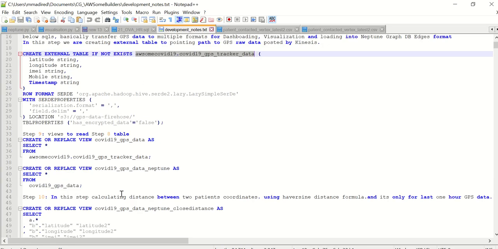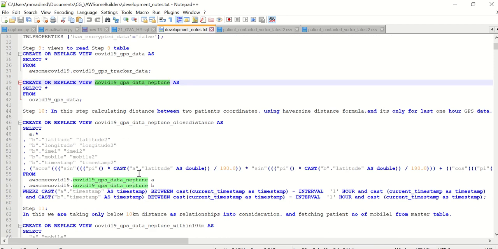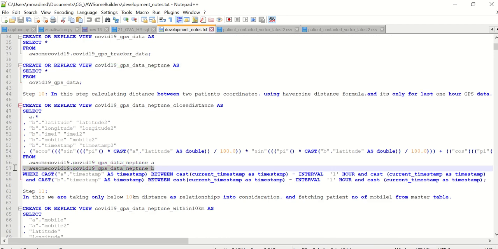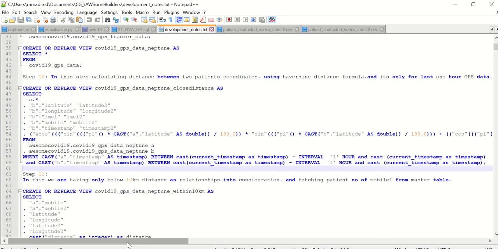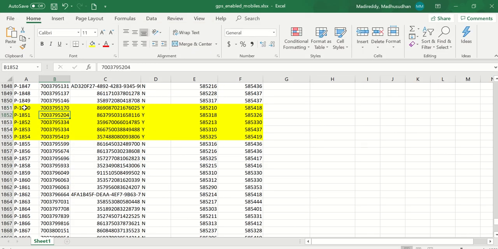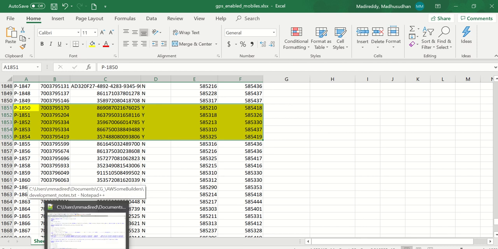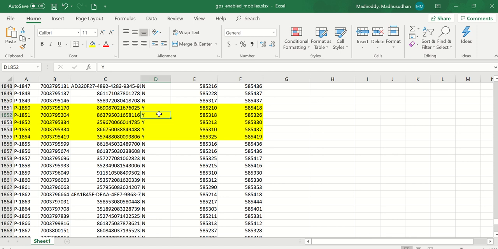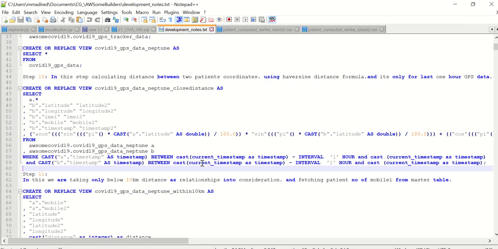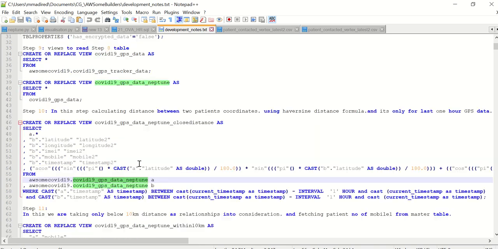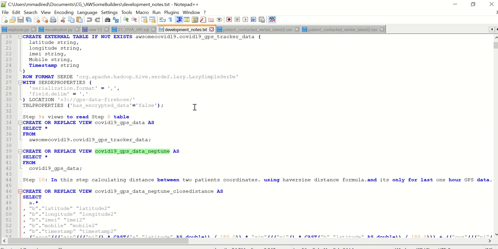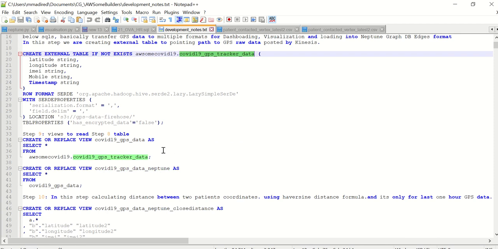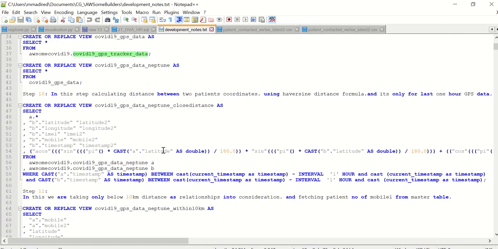And in the next level, we are creating a view, and we are doing the Cartesian join. For example, now we have generated the routes of all these 5 patients. So in the last 1 hour, whatever routes we have generated, we need to identify the distances between those patients. For that, the GPS data which is ingested is only in this external table, which will have all the records of all the patients' coordinate details.